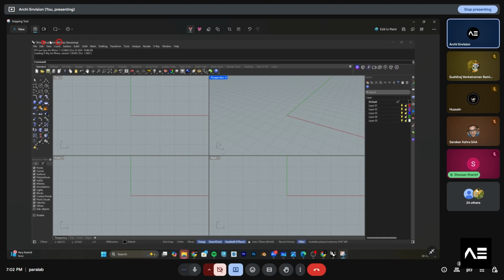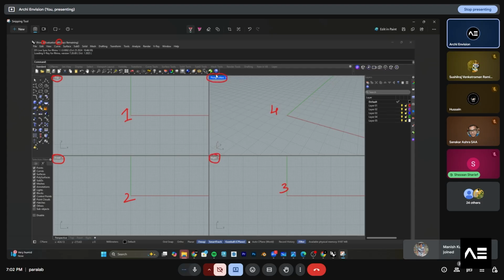It has 4 viewports: first, second, third, and fourth. They are top, front, right, and perspective.